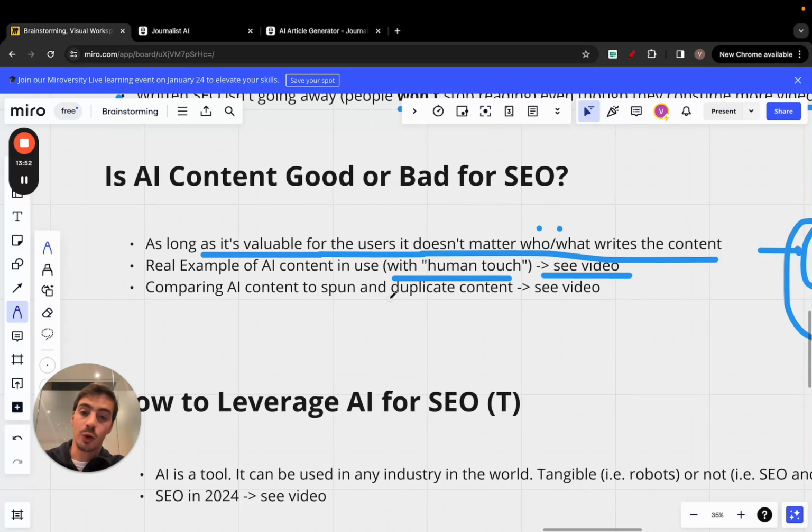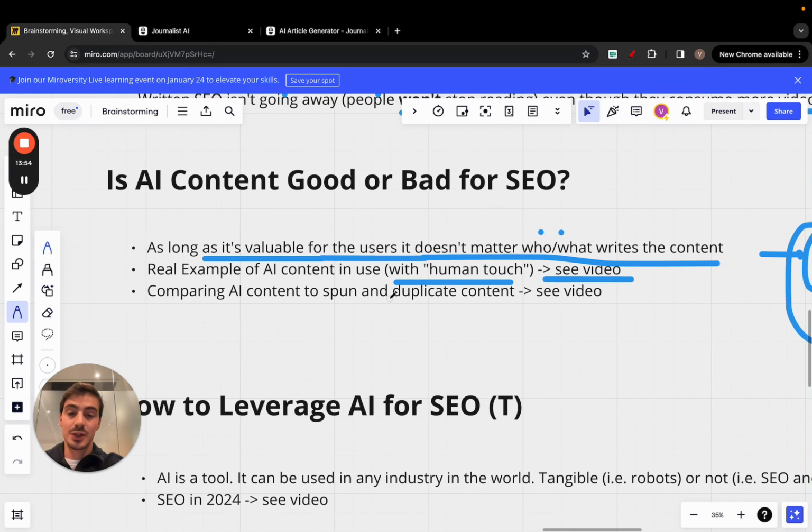And again, the whole goal was to show that you cannot just write AI. I mean, you can write AI content, but depending on the industry, depending on the niche, it might be a good idea to add your human touch, right? For example, the medical industry, again, it's quite important that you add your human touch, right?